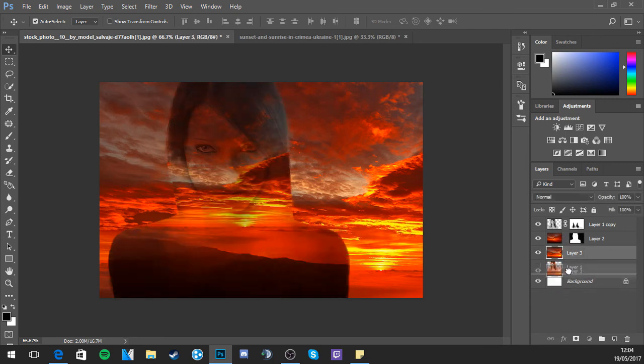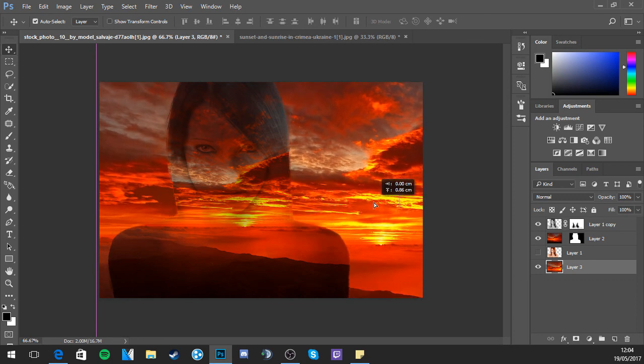Why can't I put it down here? Oh, there we go. If I just get rid of this background one, yeah. See, that's pretty cool. It's got like two of them there.